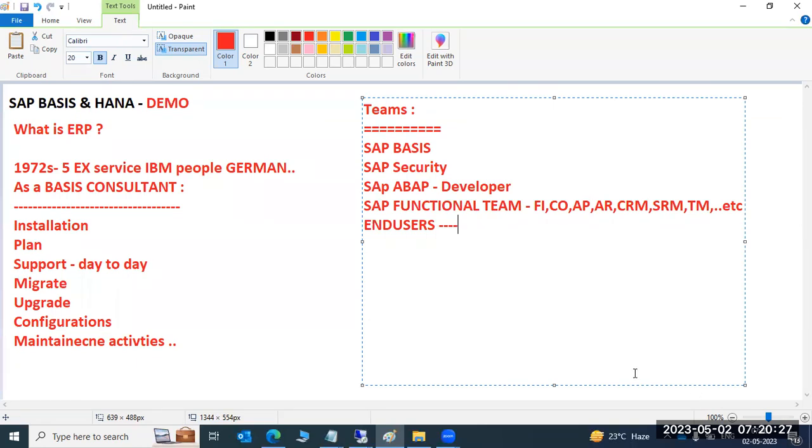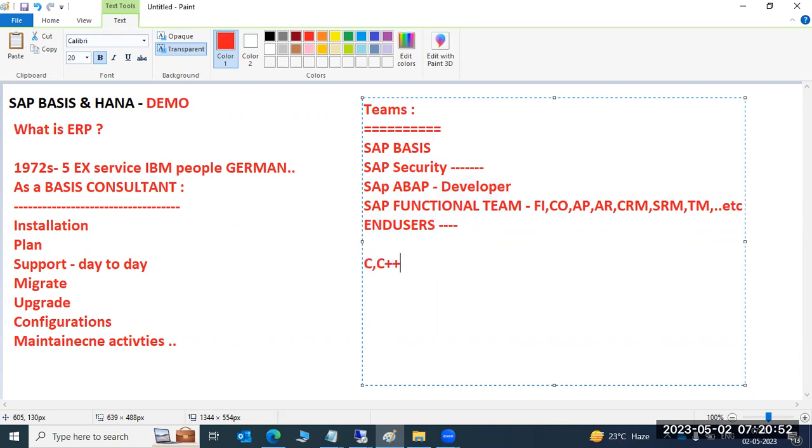The functional team and all these teams are going to work with us on one system. Security will do all the user authorizations, roles and responsibilities. Developers will do the development activities, meaning writing the code. So what is the code written in? It's written in the SAP ABAP language, as well as C and C++.